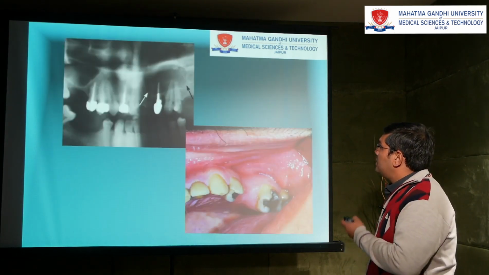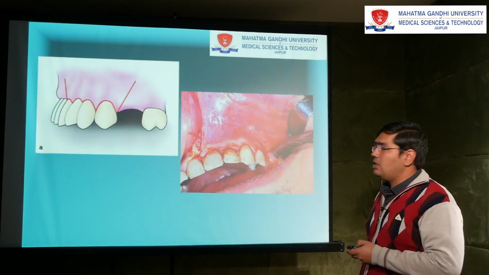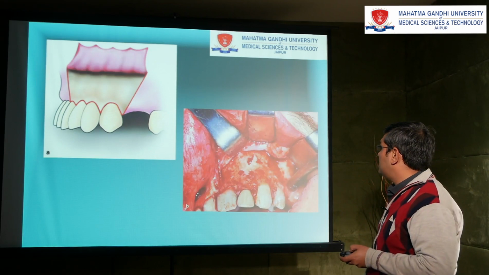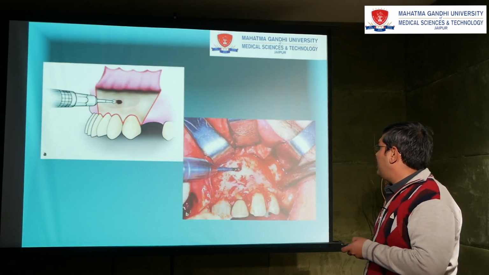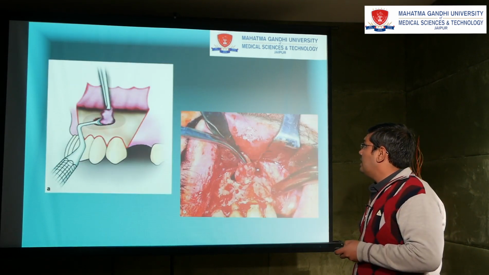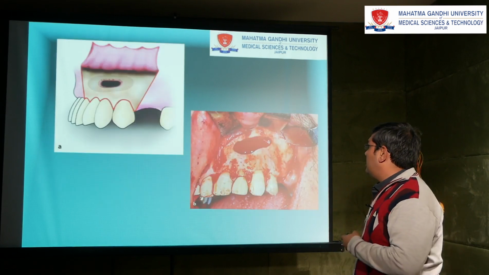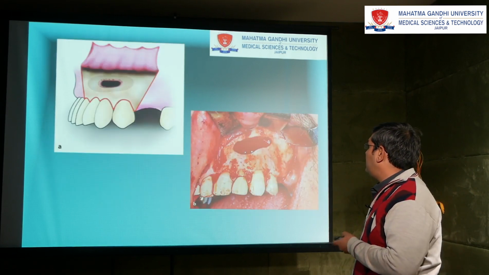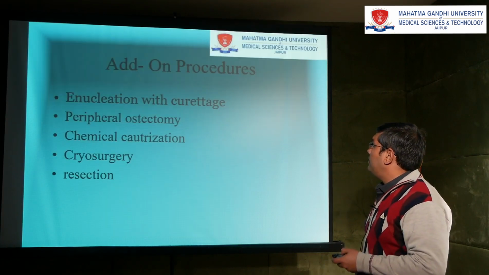Clinical example where a cyst in the maxilla is present, we expose it through a mucoperiosteal flap with a clavicular and releasing incision. We remove the bony lining present over the cyst lining with a burr. We create a window to reach the cyst lining and we remove the cyst lining completely, clean and irrigate the cavity and suture it back. Another example in the mandible, same way.